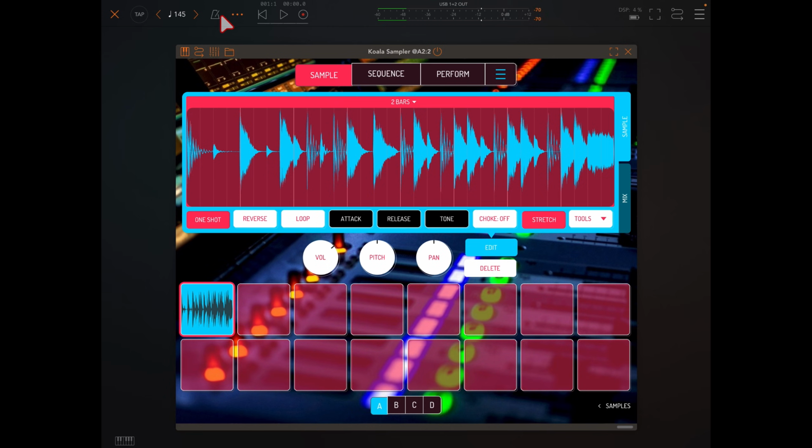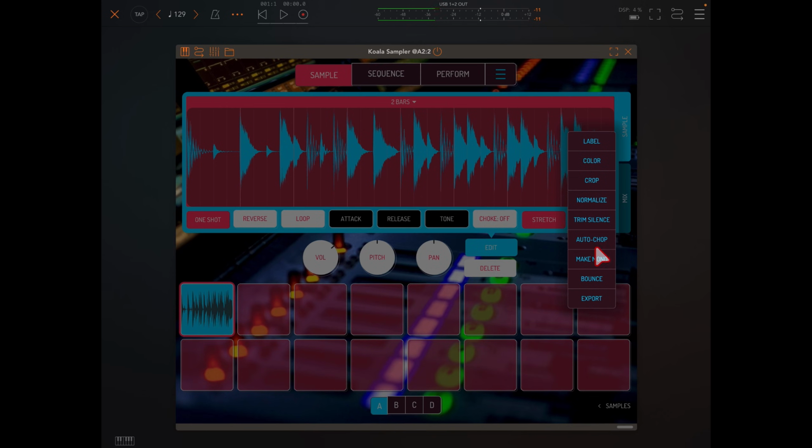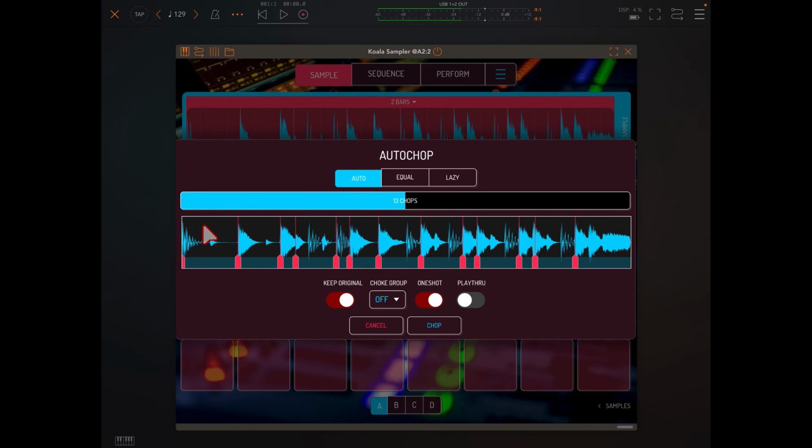And once we're on stretch, we can of course do anything we like with the tempo. So let's leave it on this. Okay, so the old way, what you could do is go into tools, go into auto chop, and it's